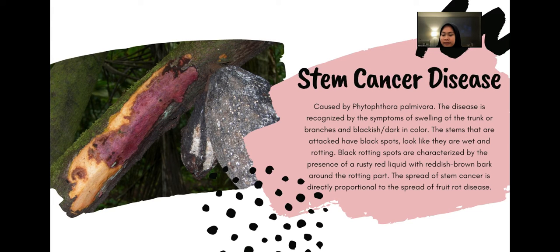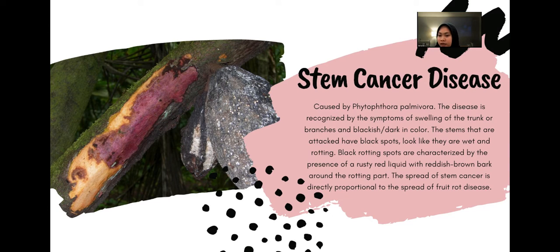And next, stem cancer disease caused by Phytophthora palmivora. The disease is recognized by the symptoms of swelling of the trunk or branch, blackish or dark in color. The stems that are attacked have black spots, look like they are wet and rotting. Black rotting spots are characterized by the presence of a rusty red liquid with reddish brown bark around the rotting part. And because it is caused by the same